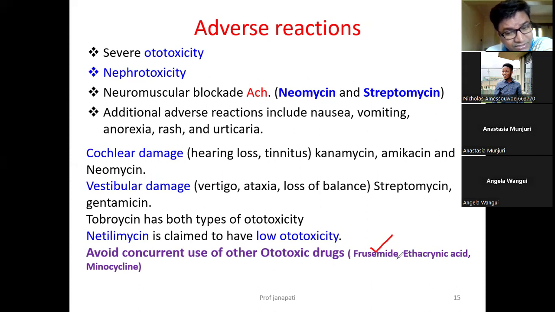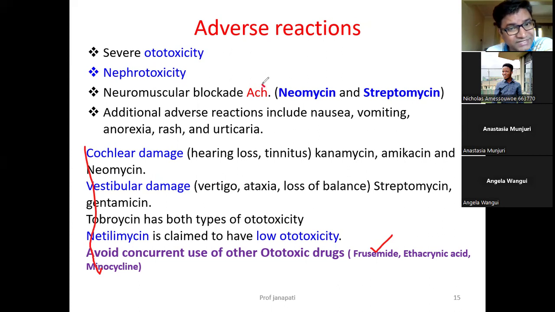Suppose the patient is suffering from fluid accumulation. Instead of furosemide, you select another drug. Instead of ethacrynic acid, you select another, like torsemide, because these drugs also produce ototoxicity. So these are mostly about ototoxicity. Please remember that. It also produces nephrotoxicity, and it also produces neuromuscular blockade